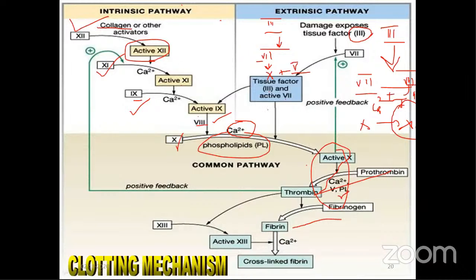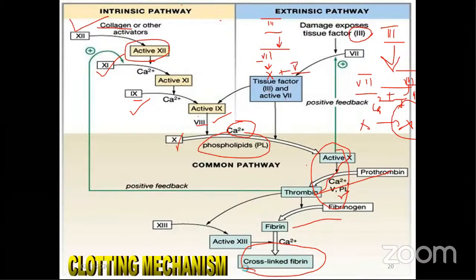Once the prothrombin activator, that is a combination of activated factor 10 and factor 5, is formed, it's an enzyme. It converts prothrombin to thrombin in the presence of calcium and phospholipids. Then this thrombin activates fibrinogen, converting it into fibrin. These are initially monomers. They cross-link with each other. They polymerize in the presence of calcium and form the fibrin network, which is stabilized by the presence of activated factor number 13. Because of this it is also called fibrin stabilizing factor.